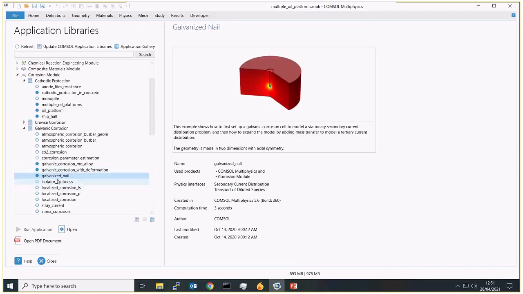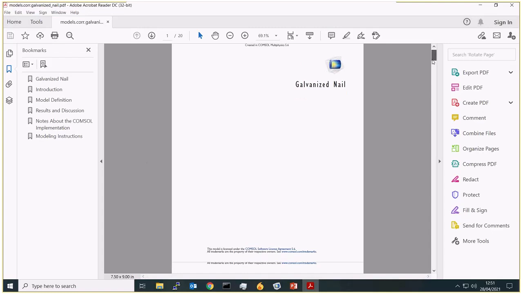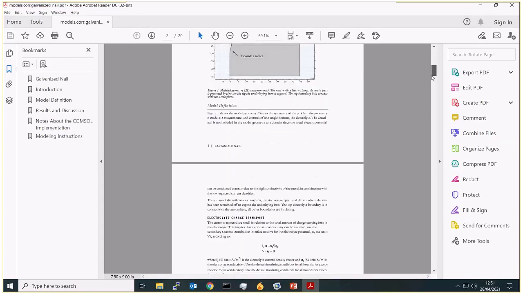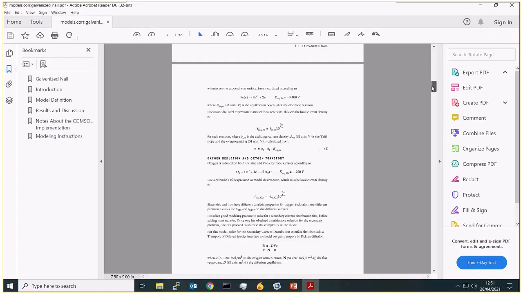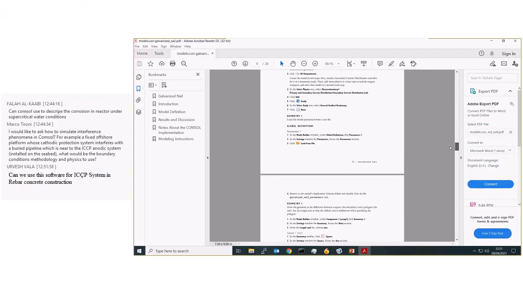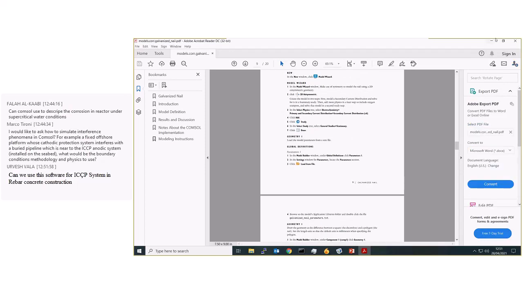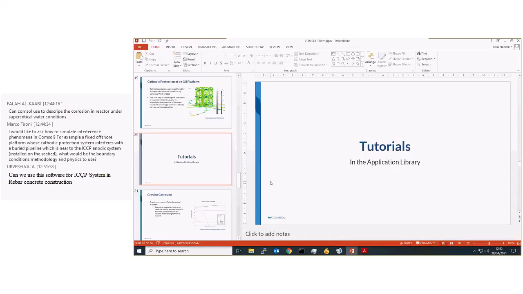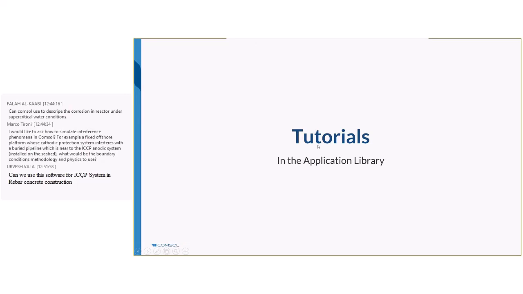The one which we just went through was the galvanized nail, and if you wanted to repeat the example, it all has PDF instructions detailing the theory, and then modeling instructions on exactly how to set up the model as well. Each of the examples which we'll show in the slides has its own instruction manual. So if we just move through, to quickly show the different types of models which we can represent, and then we'll have time for some questions as well.